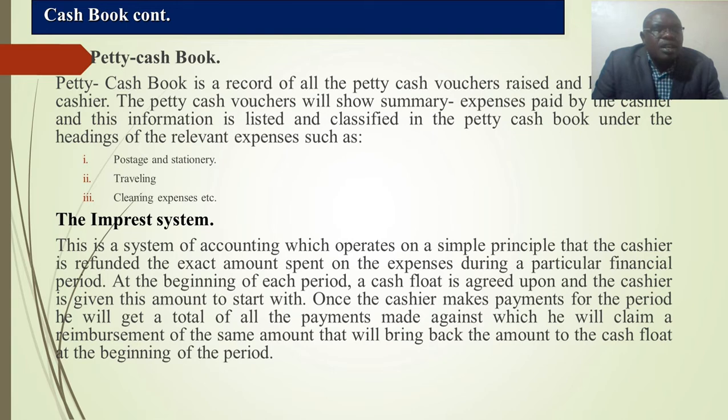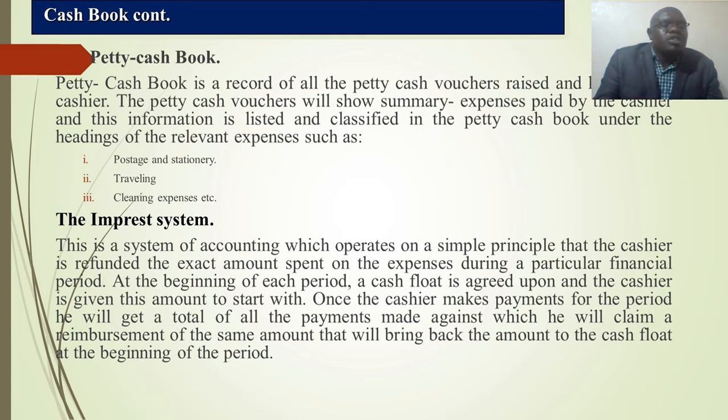The headings may include things like postage and stationery, traveling, cleaning expenses, printing, motor expenses and many other small expenses within the business, which may be too small to be included in the mainstream